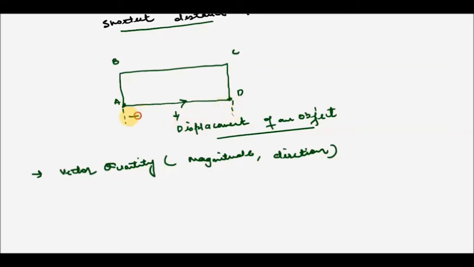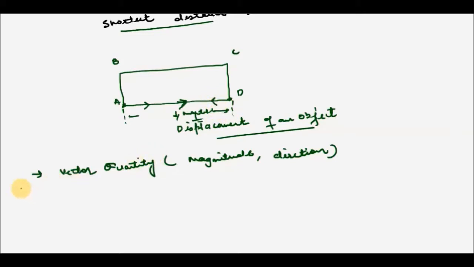This is actually the magnitude of displacement, and this gives the direction of that displacement, because a person wanted to go from A to D, so the direction of the displacement will be in this direction. If a person wanted to go from D to A, the direction of the displacement would have been this direction,